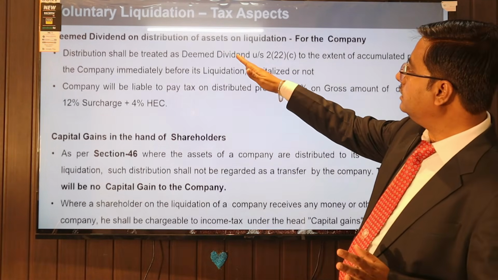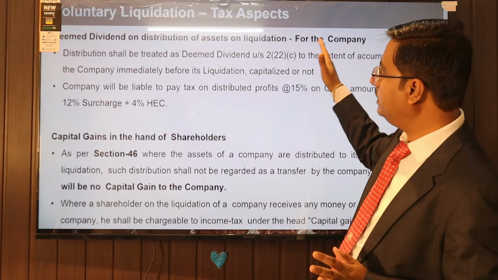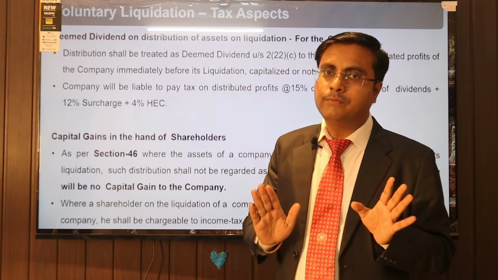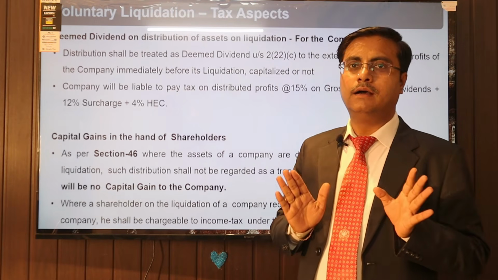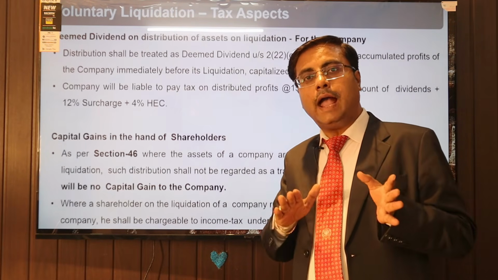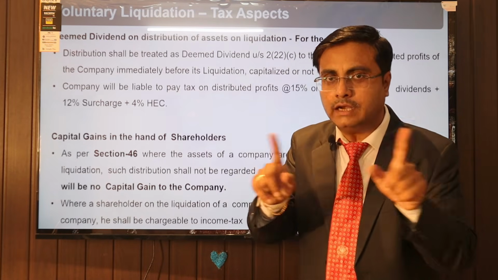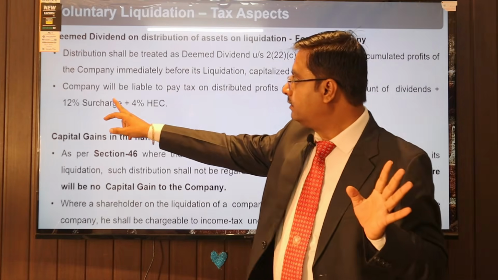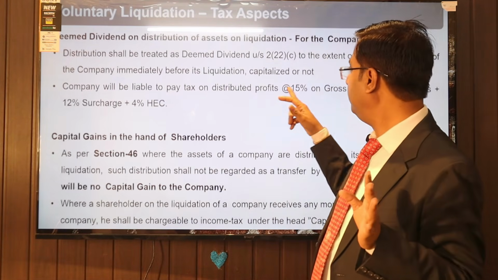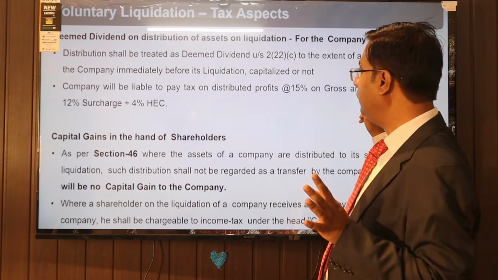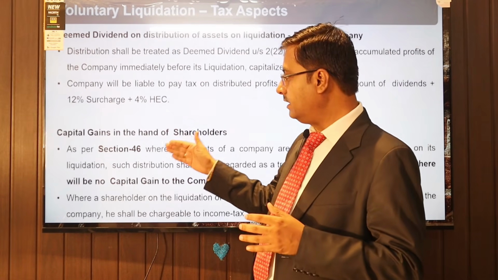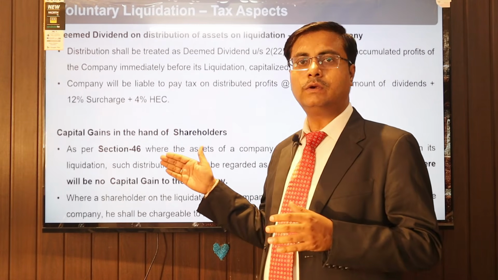सो डीम डिविडेंड ऑन द डिस्ट्रीब्यूशन ऑफ असेट ऑन अ लिक्विडेशन फॉर द कंपनी, डिस्ट्रीब्यूशन शैल बी ट्रीटेड एज अ डीम डिविडेंड अंडर सेक्शन 222C टू द एक्सटेंट एक्यूमुलेटेड प्रॉफिट. आपको 1 करोड़ का 1 करोड़ 50 लाख मिला, तो 50 लाख एक्सेस मिला, बट एक्यूमुलेटेड प्रॉफिट तो आ ही नहीं रहे हैं, तो दैट विल बी नॉट ट्रीटेड एज डीम डिविडेंड. तो इस पे डीम डिविडेंड पे टैक्स लगेगा 15% और ग्रॉस अमाउंट प्लस 12% सरचार्ज एंड 4% हायर है. कैपिटल गेन सेक्शन 45 specifically excluded